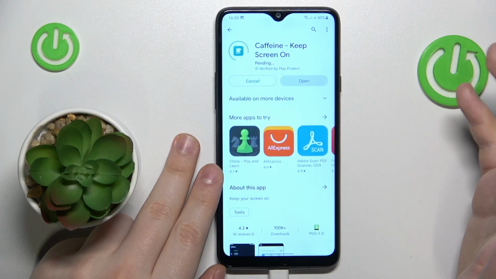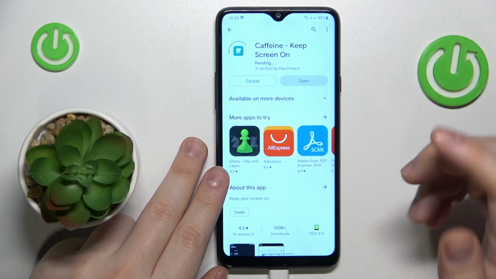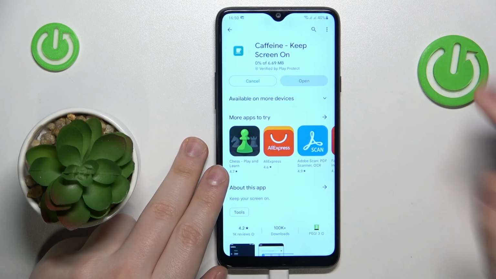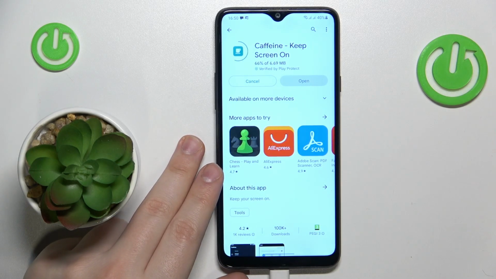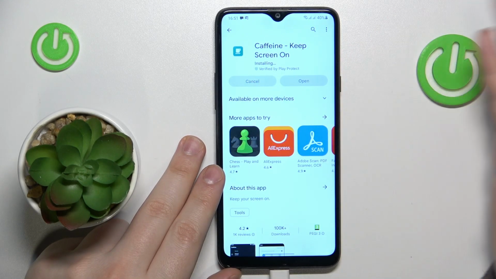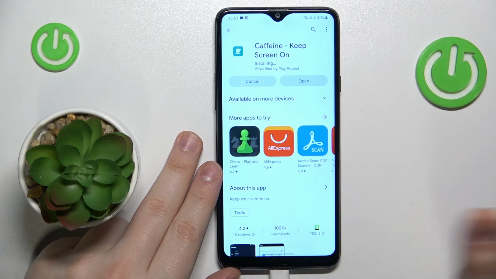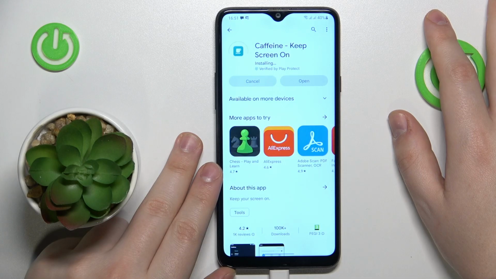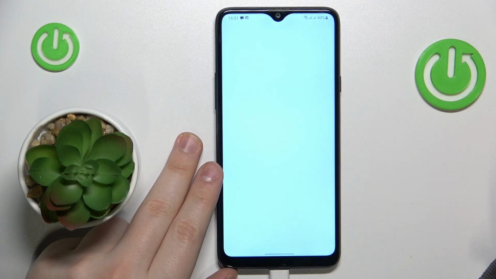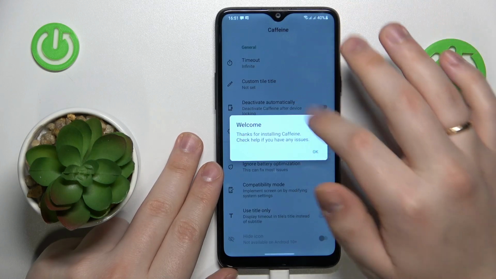So let's download and install this app, and as I was saying, this app allows you to set custom values for this function, even up to never, so preventing your screen from turning itself off automatically at all. That's a very lightweight app, so even if your Wi-Fi connection is slow, it will download and install itself in an instant. So once the app is ready, just launch it and make sure that the timeout function or